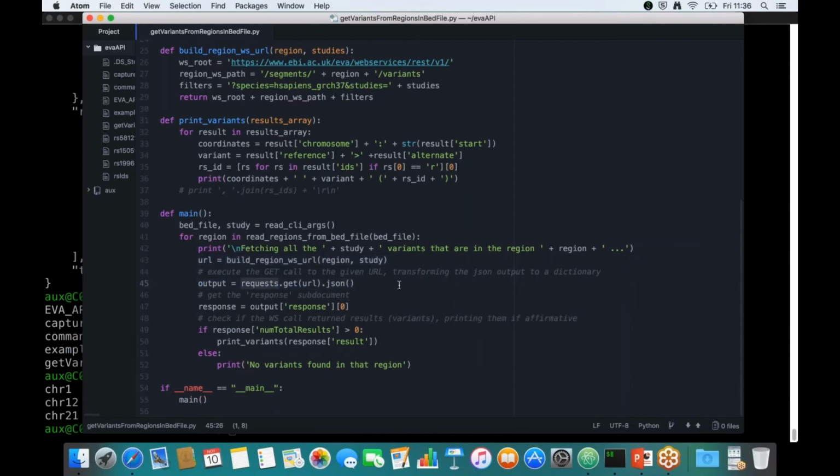And then we are using this Python library, requests, that will execute the HTTP call to the URL that we just built, and will transform the output to JSON format so we can parse it. Then we will parse the response, and if the number of results is greater than 0, we will print the variants contained in that result. We're going to test